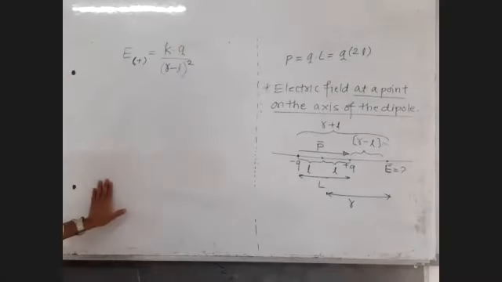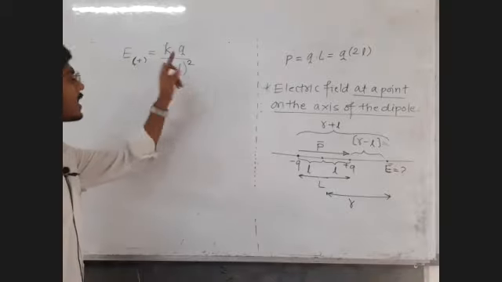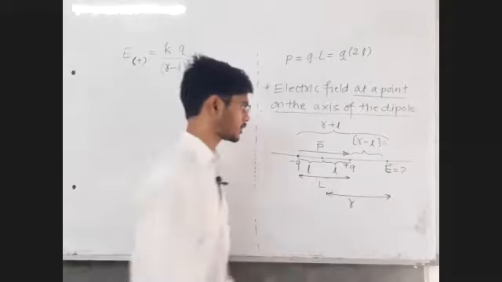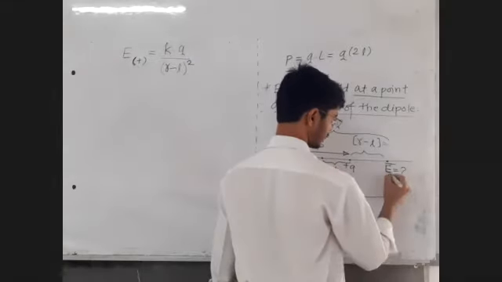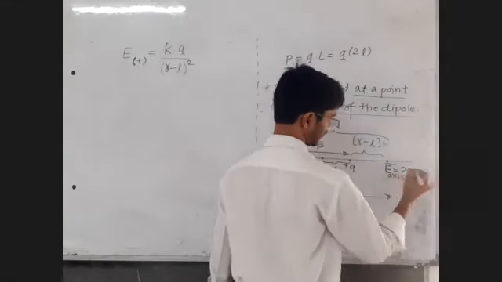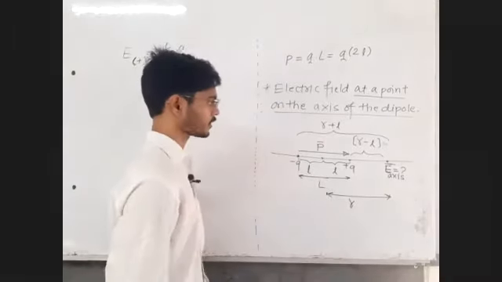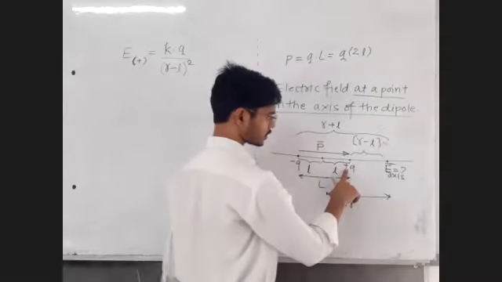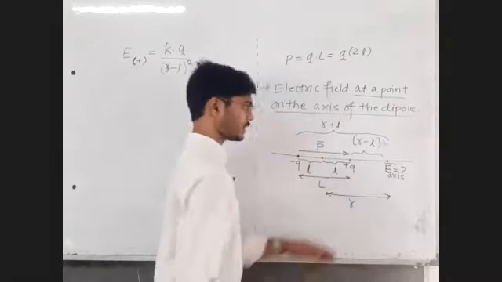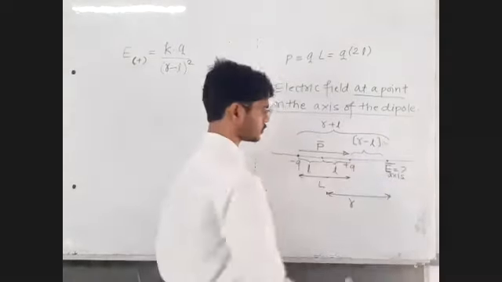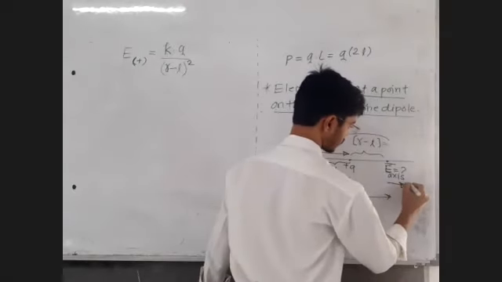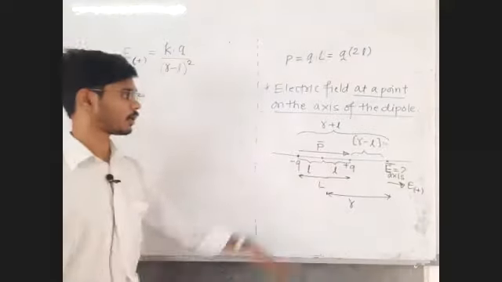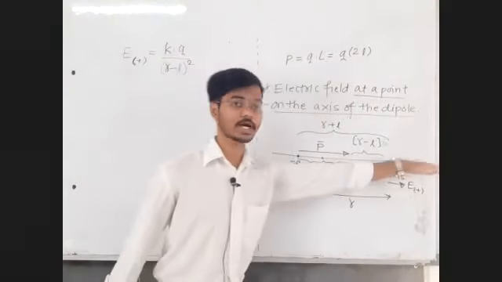Okay, sir. Fine. Now what will be its direction? Sir, this is a positive charge. We want the net electric field at a point on the axis, so E axis is equal to question mark. Because of the positive charge, at this point electric field will be away from the positive. So this will be the direction of electric field due to the positive charge, rightward.